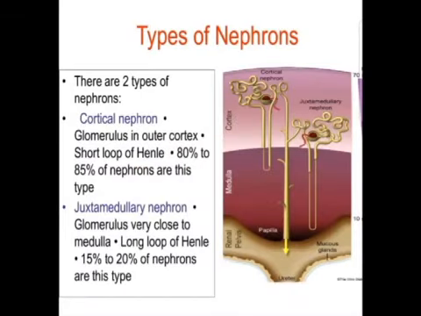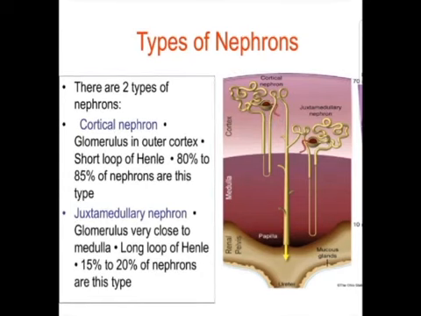Let's talk about the types of the nephron. There are three types of nephron: the superficial cortical, the mid-cortical, and the juxtamedullary nephrons. Depending upon the location of their renal corpuscles, the nephrons are classified into three types. This is the superficial cortical nephron because the location of the renal corpuscle is on the outer part of the renal cortex. They have short loops of Henle, you can see, and they do not extend beyond the outer part of the renal medulla.